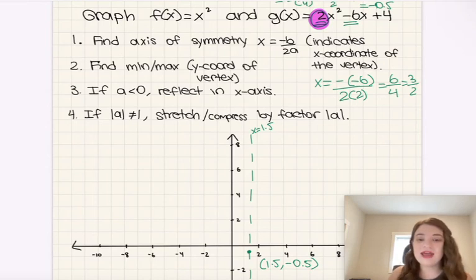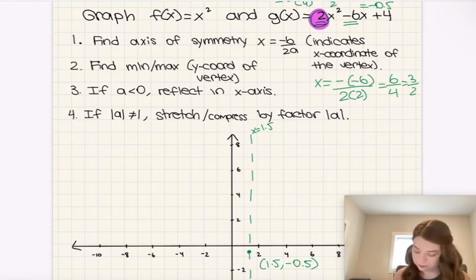And then if a is not equal to 1, we need to stretch or compress by a factor of the absolute value of a. So in this case, we have a positive 2, so we can actually just skip step 3 because a is indeed not less than 0, it's greater than 0, so therefore we do not need to do any reflections. But it is 2, and so that means we need to stretch or compress, in this case stretch